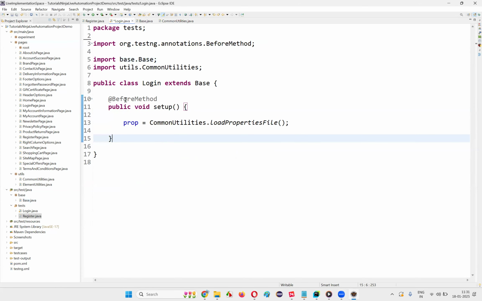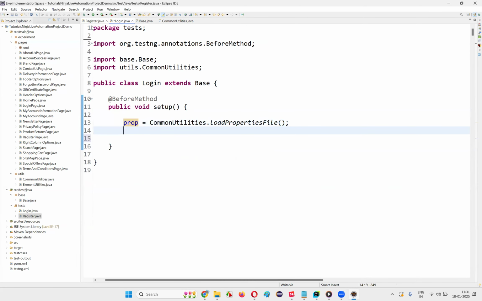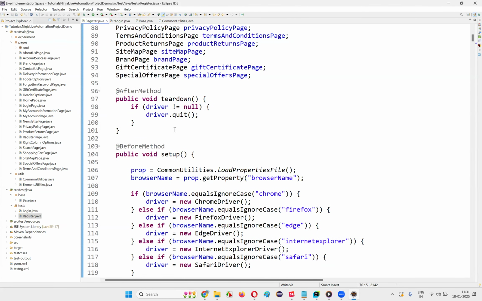Okay. I found a way where you don't have to declare the properties file everywhere. Directly you can write like this. It will be inherited. This prop object reference will be inherited. What is the next thing then? The next thing in the setup method here is